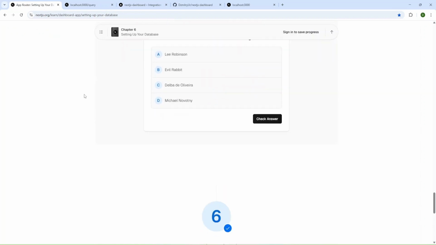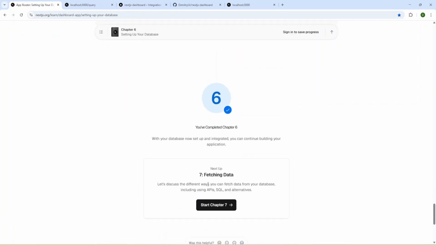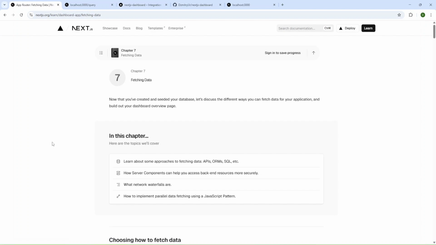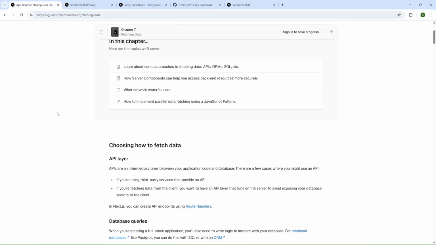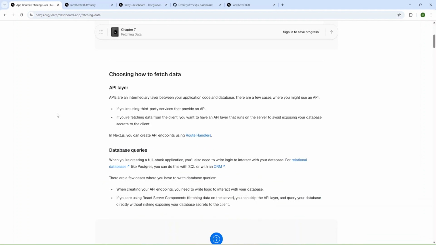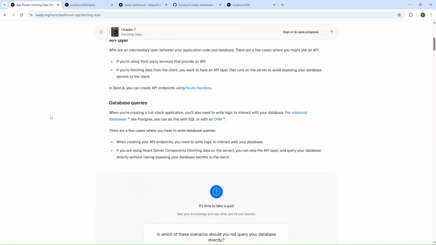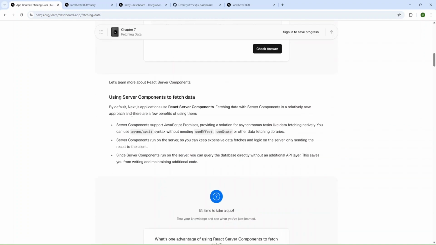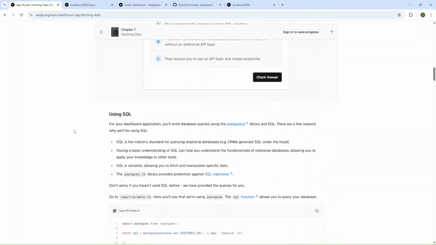And next we have fetching data. Chapter 7, fetching data. Here they propose to investigate some approaches to how to fetch data, like an API layer, database queries, and server components to fetch data.